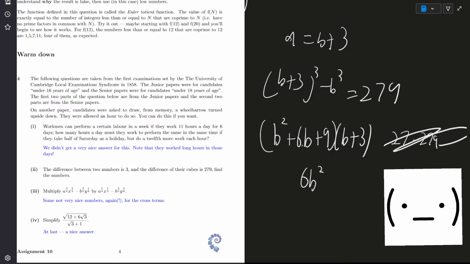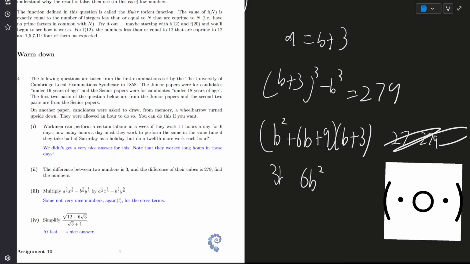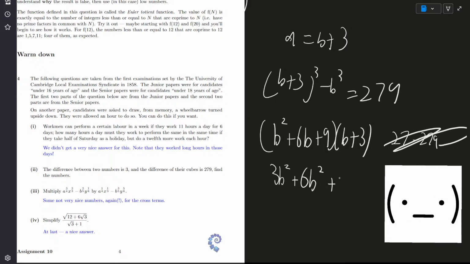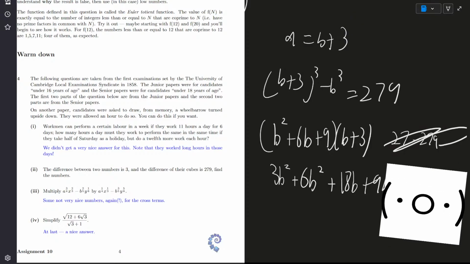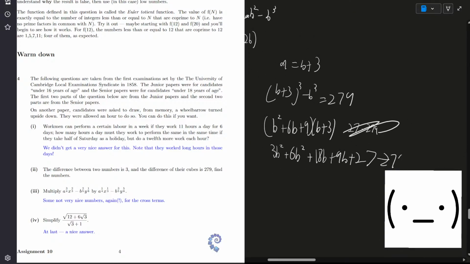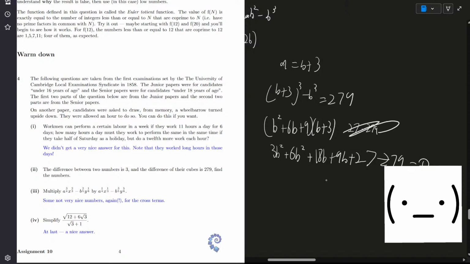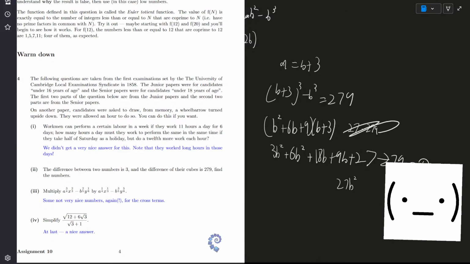What are we doing? 6b. Oh, wait, no, I forgot this. 18b, 9b, and you get 27 and minus 27. And it equals 0. So now it is 27b